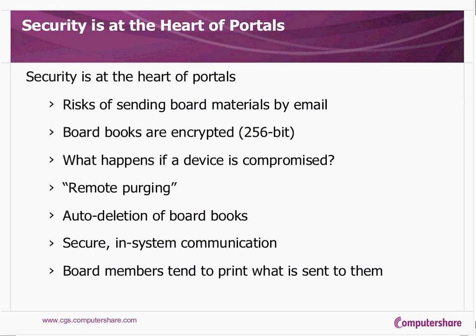I just had one more. I know we're hitting home on security here, but I think when you look at the board portal, it really is, from my perspective, one of the number one advantages or reasons to go to a portal. And if we look at a couple of these